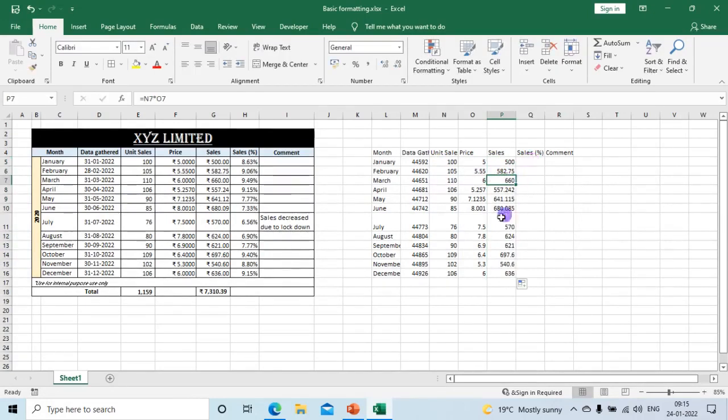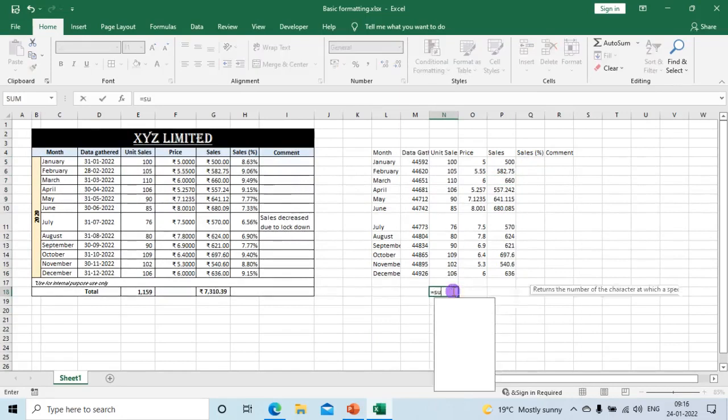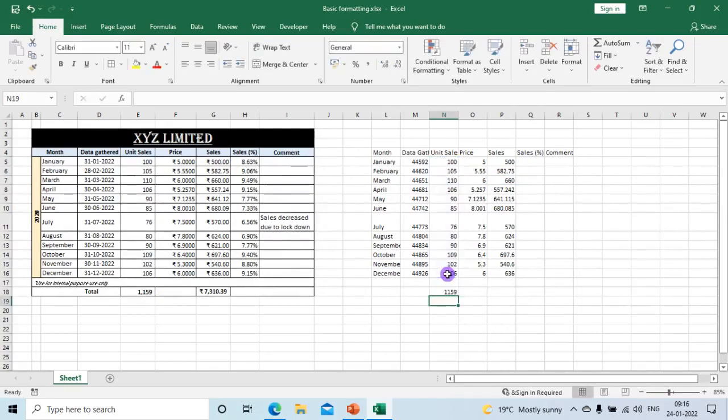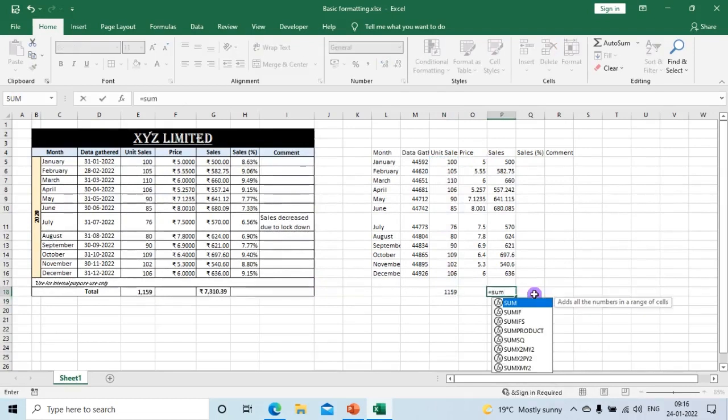Now we will go and calculate the unit sales sum. So to calculate the sum, we cannot use the auto sum here. We have to use sum formula. So how to use it? Select the cell, is equal to sum. Then we will select the whole range where we want to sum. Enter. Similarly, for sales, we will use is equal to sum of